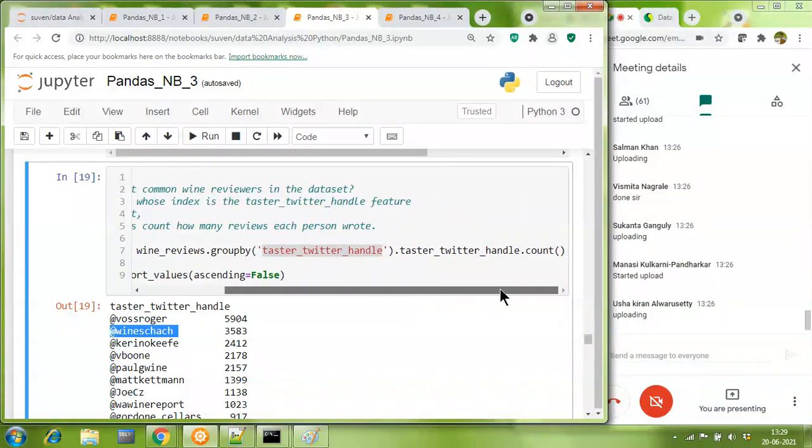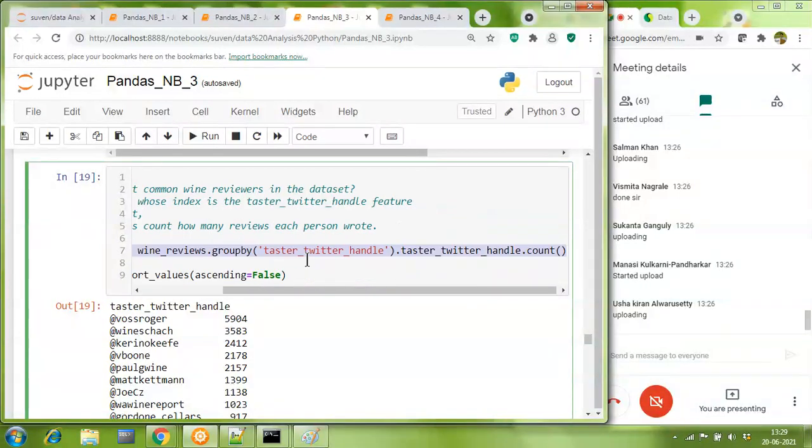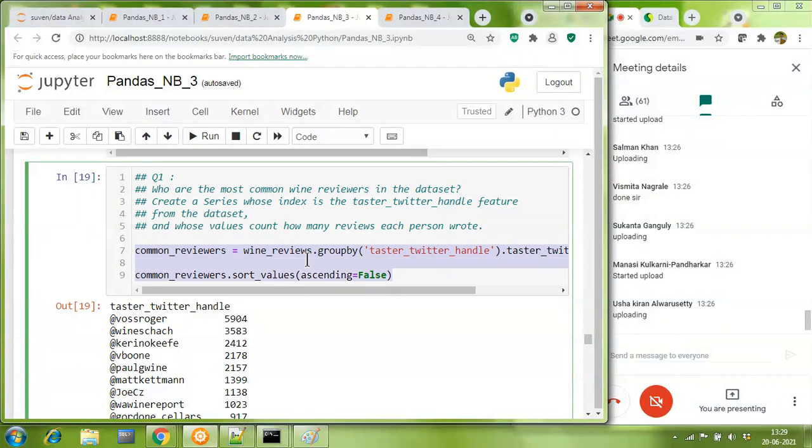Then after grouping by, we take the same column and count over it. So when we count over it, naturally we now have the value of the column on which grouping happened and the count of it. I'm just showing it with ascending false, that means in descending order. That's it, right? So I believe this code would probably be missing. I don't know. Please check. Is this code there or not there?